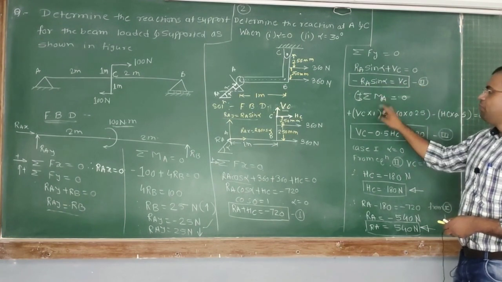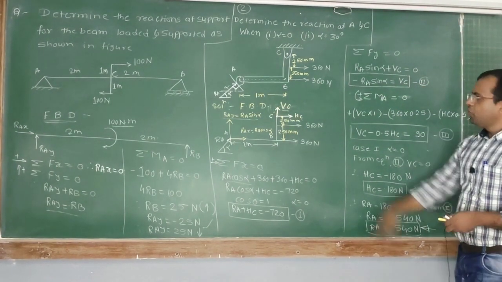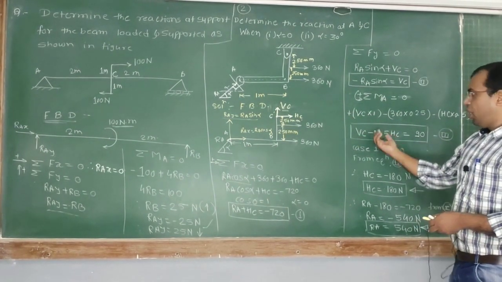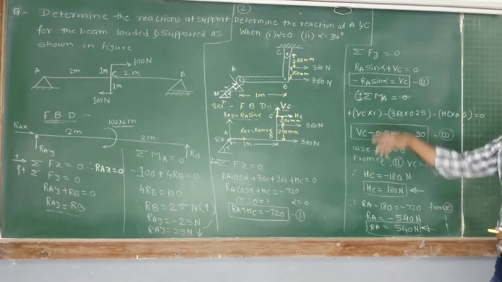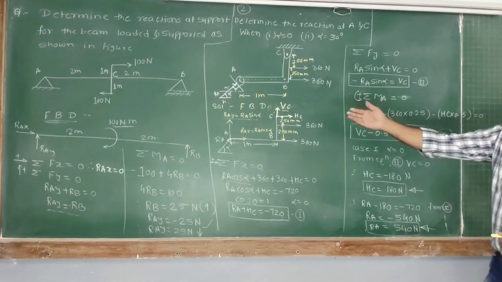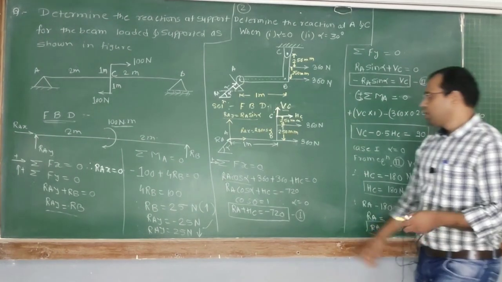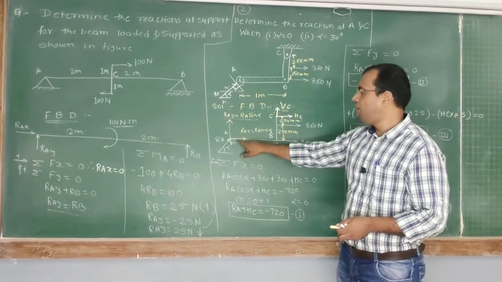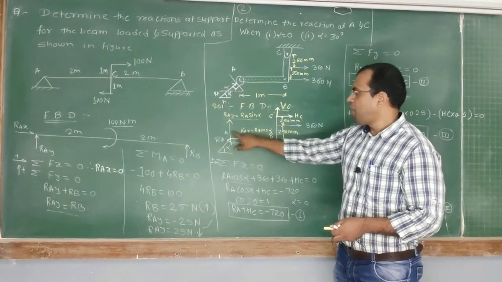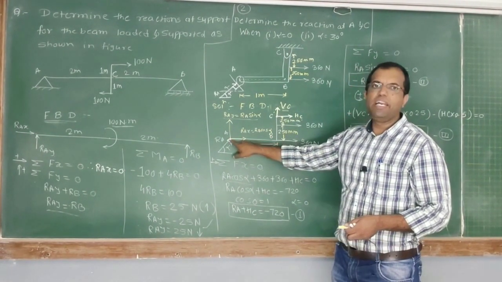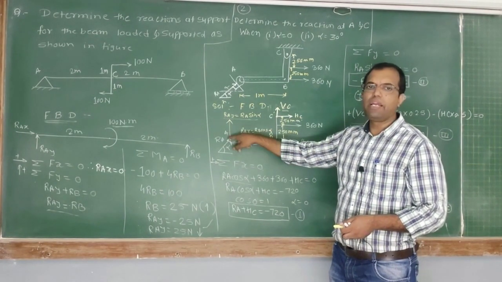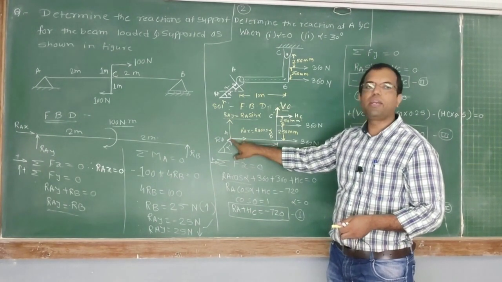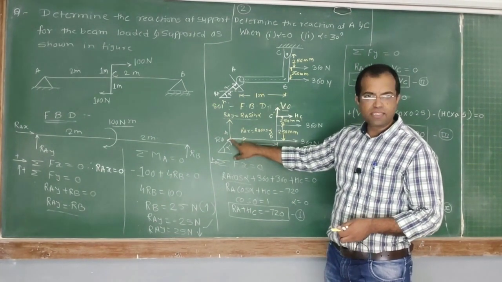Now we have to take the moment about A. Either you take it at C or at A, there is no worry about this. You can take the moment anywhere. I will take the moment about point A. Now, the two components of force RA pass through point A, therefore the moment created by these two components of reaction RA will be 0, because the perpendicular distance in this case is 0.